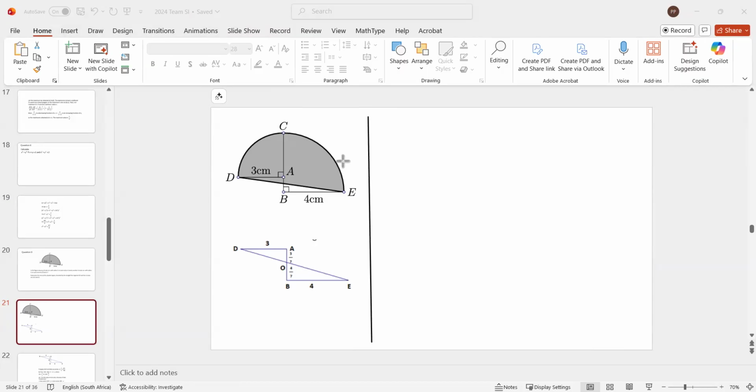Now the shaded region is, let's try to analyze this. You see, we know the areas of quarter circles. This thing here, ACD. You know that area. And I also know the area of this other quarter circle because I know the radii. So let's put those two areas together and see what happens. Required area